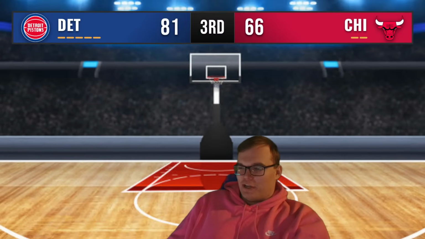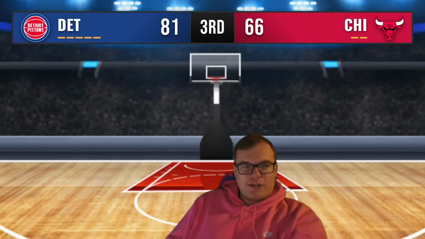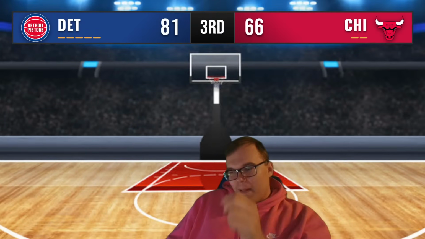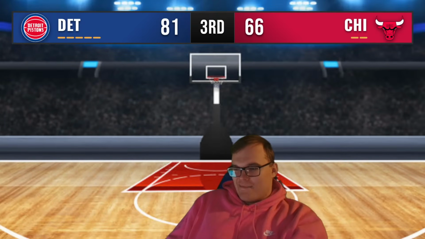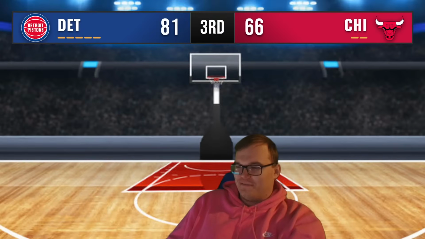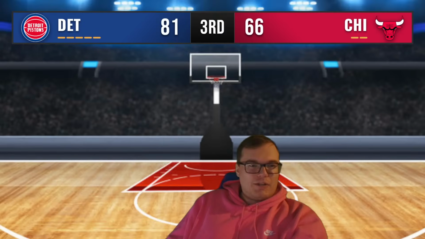Jabs. Fills it up. Flips it up. What are some other ones? Duren for a dynamite dunk. 4:56 left to play in the third quarter. Jalen Duren with the basketball working inside here. Right-handed layup is good. 83-66 basketball game. Bulls have 18 turnovers. That's crazy, Mark. Wow. 4:45 left to play in the third quarter. Pistons are running away with it here. 85-66 basketball game.